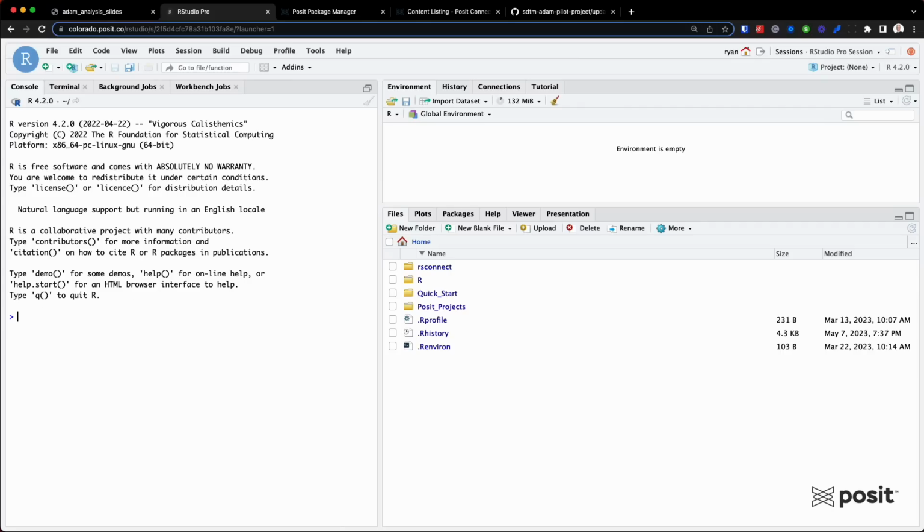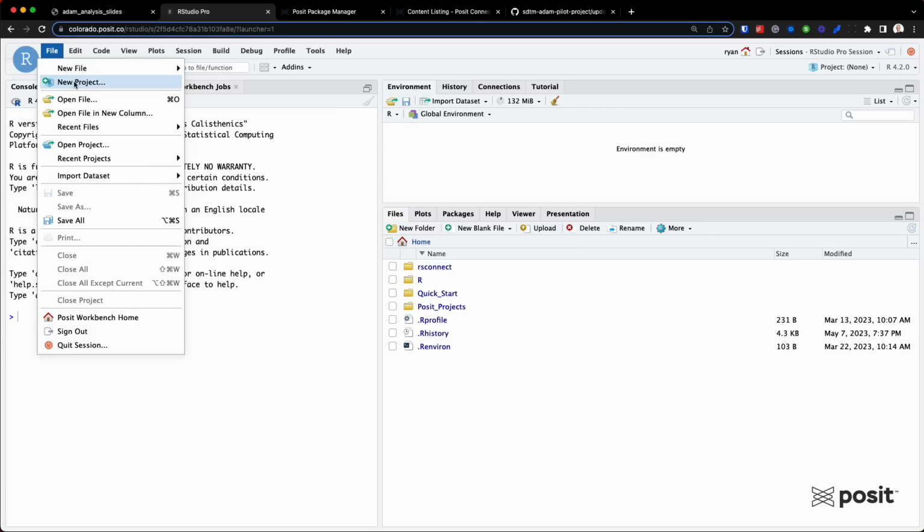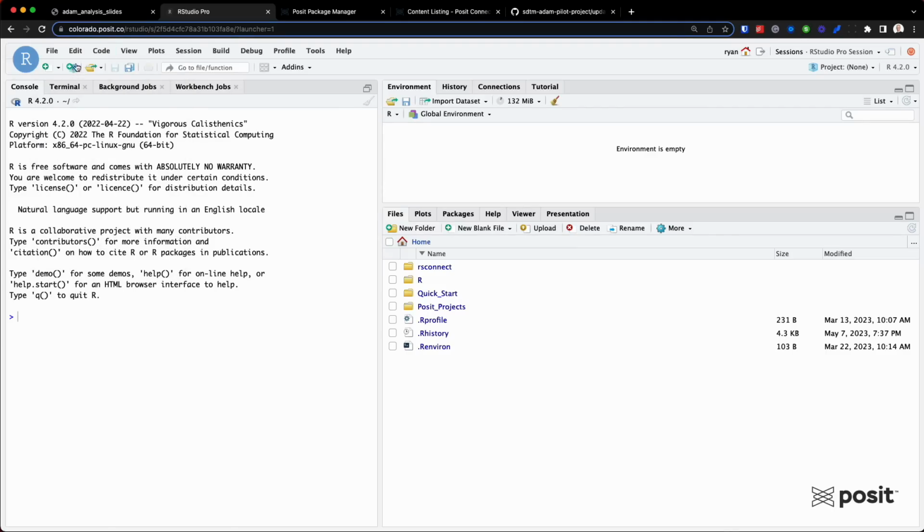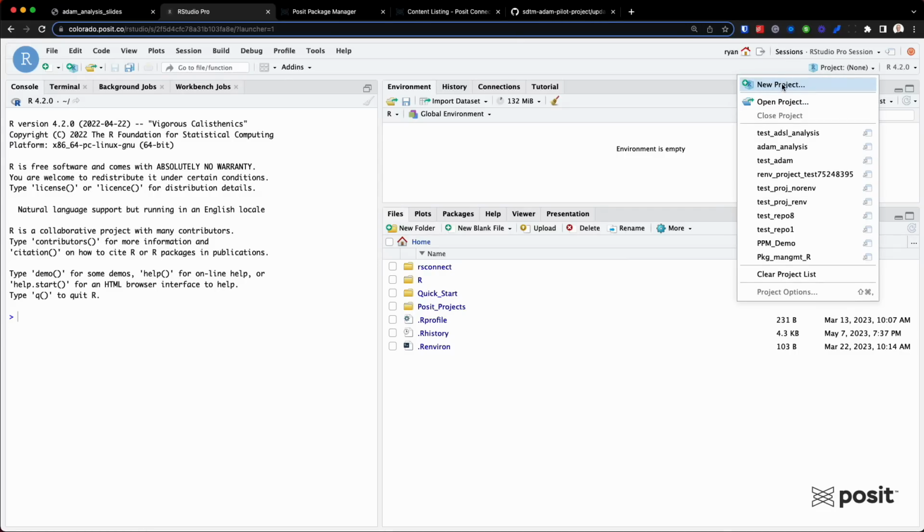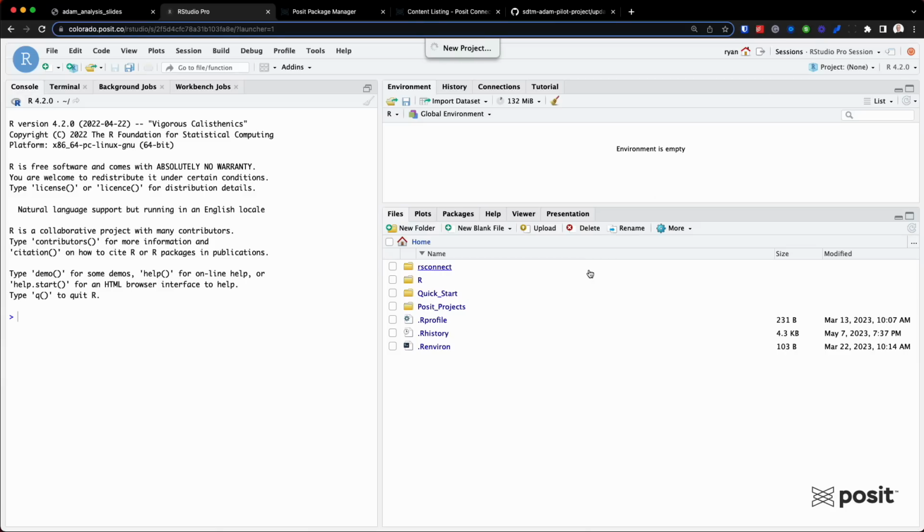And this is generally considered good practice for not just clinical trial data, but really all data science projects. So to create a project, we have a few different options. We can go to File at the top of my screen and select New Project. There's also a button right underneath the Edit button down here. Or if you go to the right-hand side of your screen, you can see Project None. And this is actually a good way of knowing that I'm not currently within a project. So let's go ahead and create one. I'm going to click on this button and select New Project.